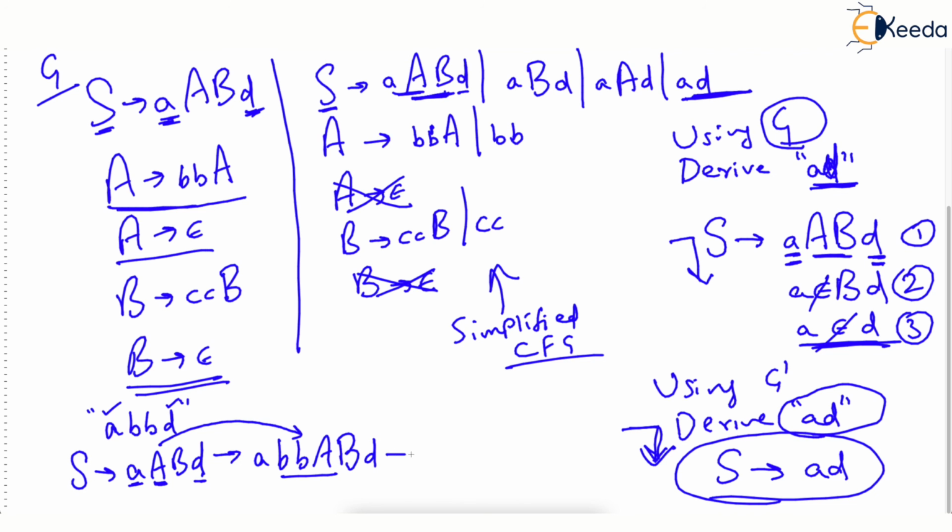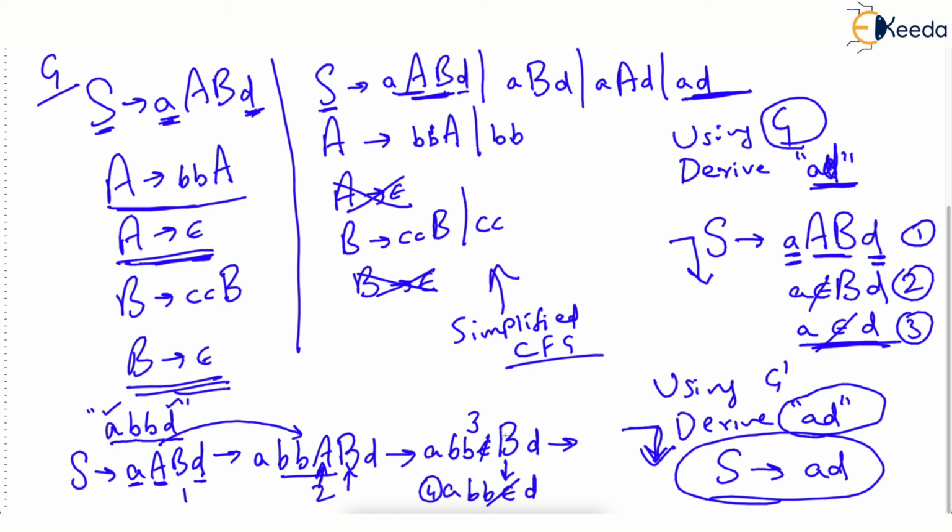Now in the next step, you got your string, A double B D. Now you will replace this capital A with epsilon because you want to end it, and this capital B also with epsilon. So you will say ABB epsilon, capital B, and then D, and this epsilon is nullable. And then finally ABB epsilon D, where D is replaced with epsilon. This is nullable. So you got A double B D. But how many steps were needed? 1, 2, 3, and 4 steps were needed. Check, 4 steps were needed to derive ABBD.